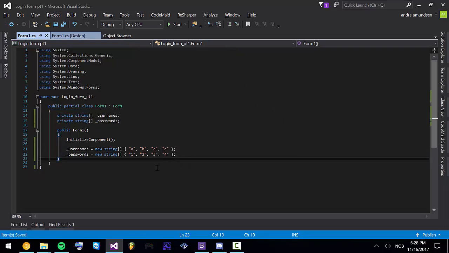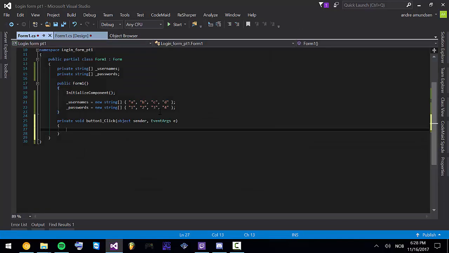And in order to check that, we need to check it when the button is pressed, so we'll just double click that, and then we'll do if text box 1 dot text